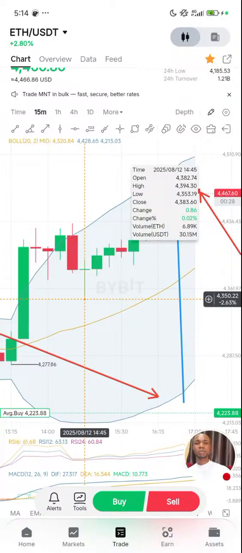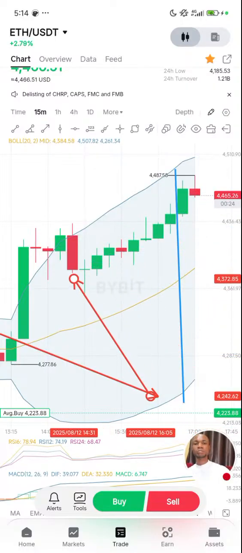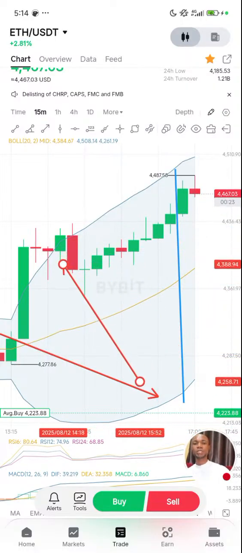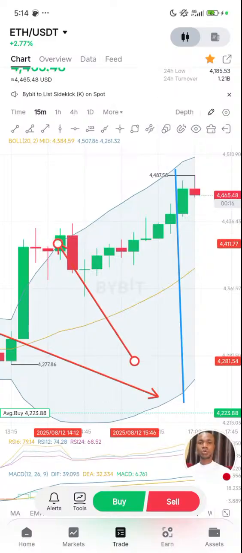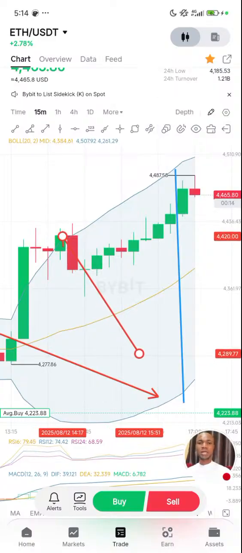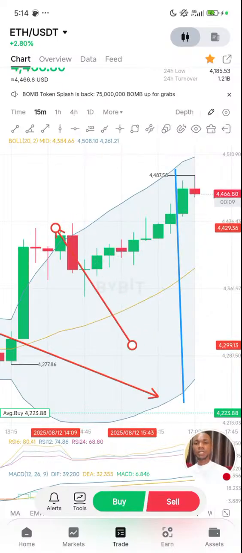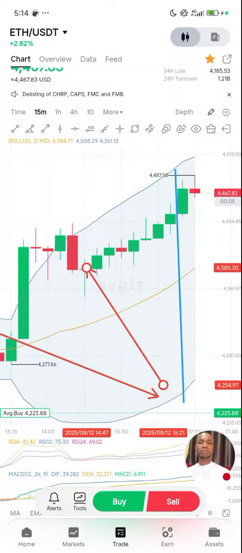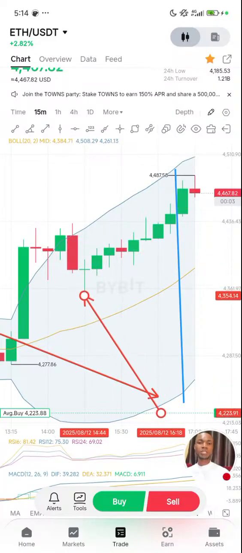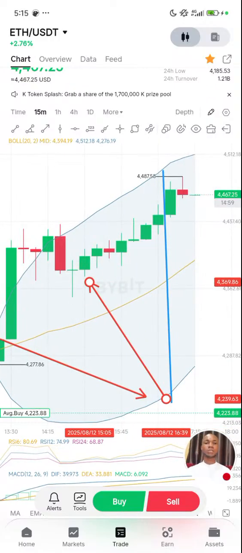When this green candle starts, goes like this and comes down, this candle now forms and goes above this green candle. Then after that, it comes down to this level and still comes down here before it starts increasing to this level and keeps increasing. So because this is showing you